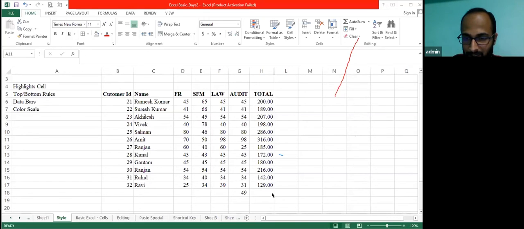Can you please auto hide formula? Okay, Alt O R A, shortcut.